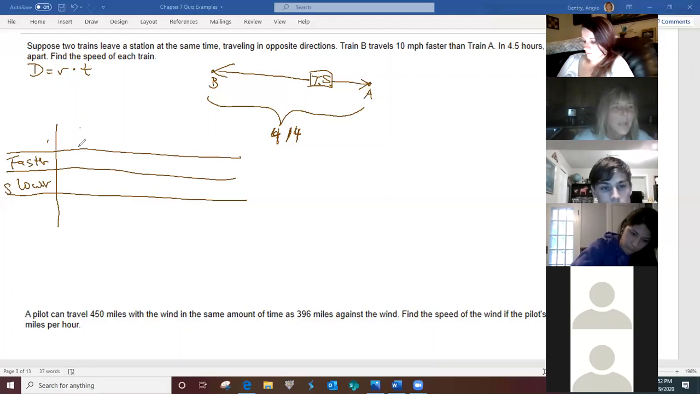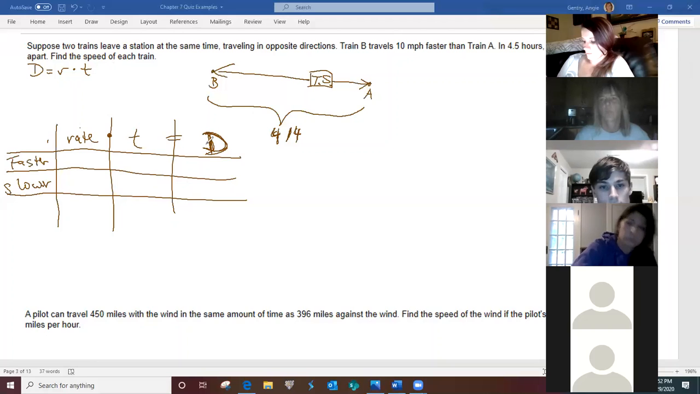Okay, so I usually like to put the rate first, and then the time, and then the distance. So rate times time equals distance. Yes? So then we go to the problem and start looking,